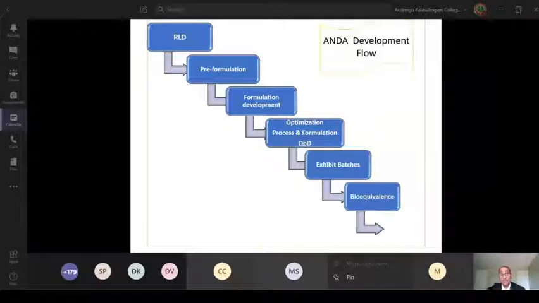Then, one of the batches is used to conduct the bioequivalence study. What is a bioequivalence study? You have to exactly match, so that your test product is biologically bioequivalent to the RLD, that is, the 90% confidence interval for the test versus the RLD in AUC and also Cmax is in the range of 85 to 125%. So this is called bioequivalence. Typically, to conduct the pivotal bio study